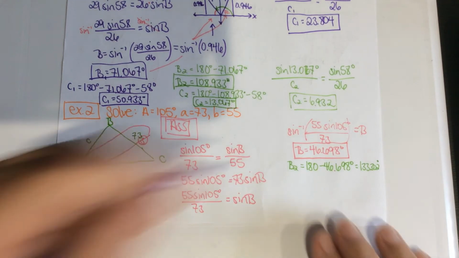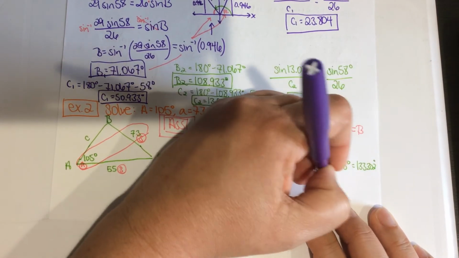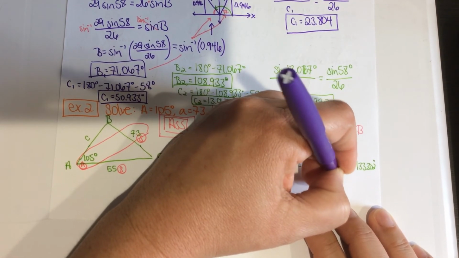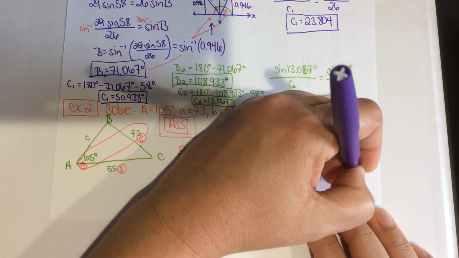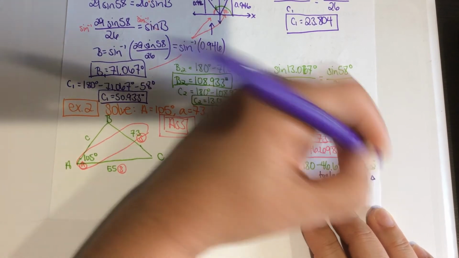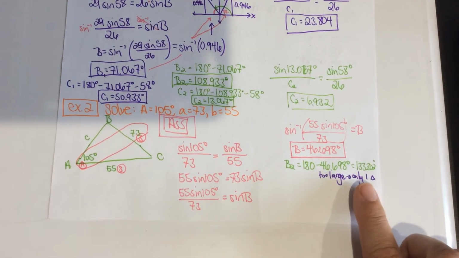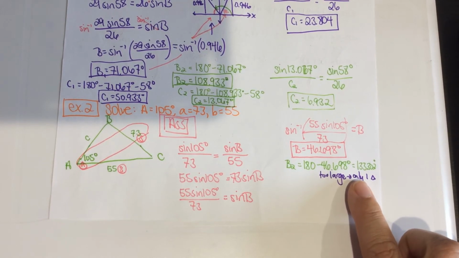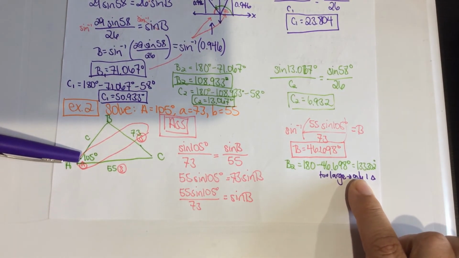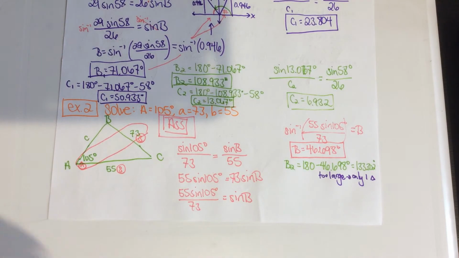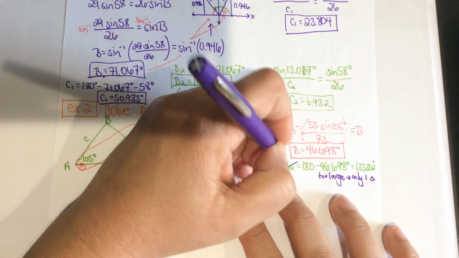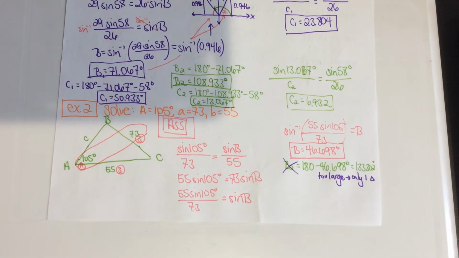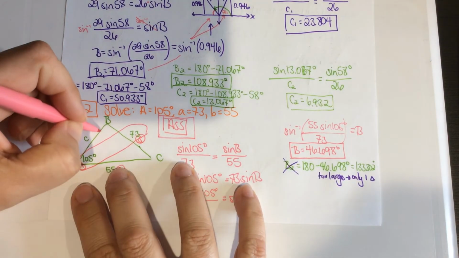So write yourself a note. This value is too large, which means there's only one triangle. This value is too large to fit inside of the triangle with the given information. Rewind that and listen to it again. So that's how I know that this is not going to happen, and I only have one triangle. So I now know that this is